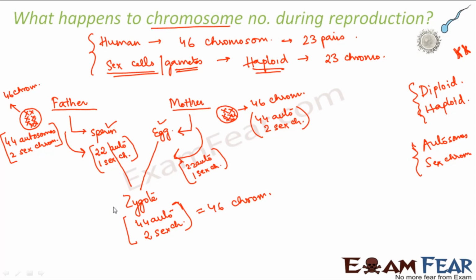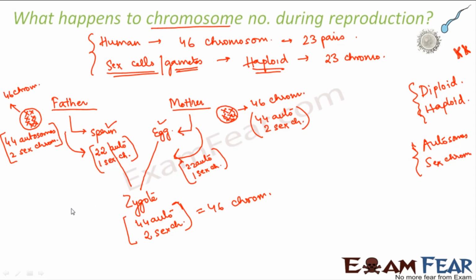So what do we see? That these haploid sex cells, that is the sperm and the egg cells, they contain one representative of each type of chromosome. Let me take a small example here. Let me take the example of the eye color. Now let us suppose this father will contribute one chromosome from each pair. As I said, the father has 23 pairs of chromosomes, right? So one chromosome he will take out from each pair and he will give it for the kid. So that is how he will give 22 autosomes and one sex chromosome.